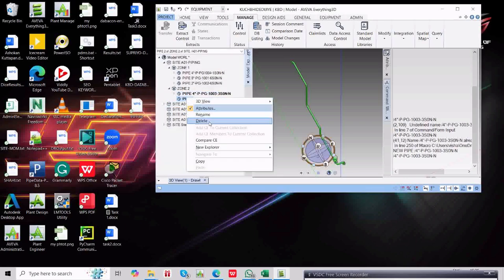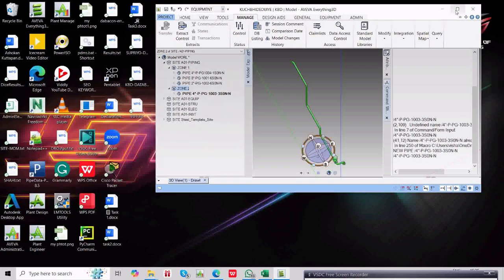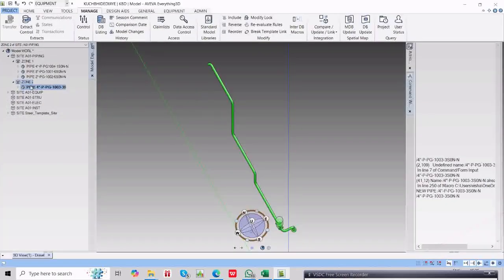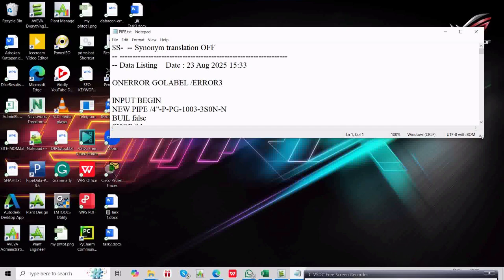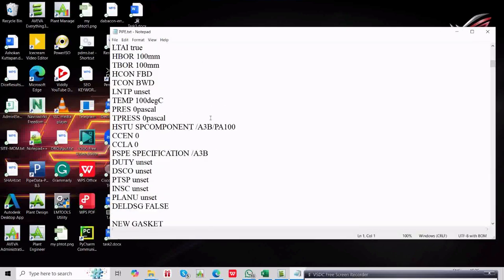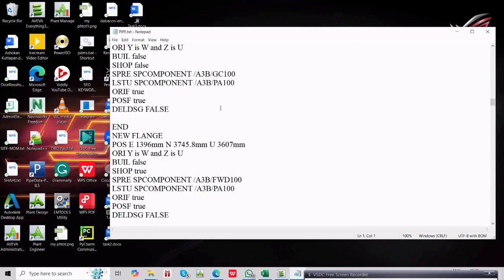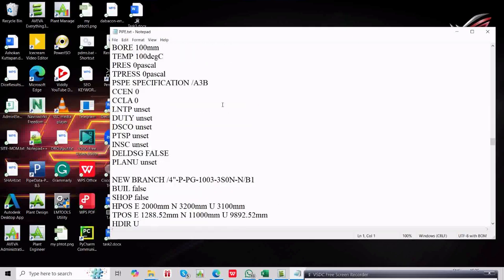But anyway, this is the way to use the DB list. If the name is already present in the project somewhere, it will say that it is, but eventually I think it is creating a pipe. Yeah, the pipe is created at the same location, but there are some errors in the macro file. Macro file is nothing but a macro file only. A very commonly used word in the E3D world is macros, right? So I hope there will be any command which says,